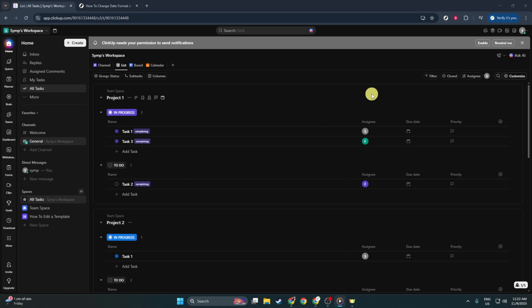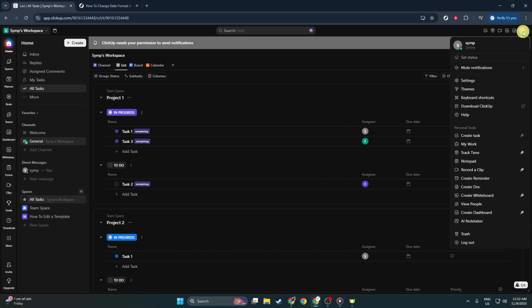Once you've logged in, direct your attention to the top right corner of your screen. You'll see your profile icon. Give it a click. This icon is usually represented by either your initials or a picture, depending on how you've set it up. It serves as a gateway to your personal settings and preferences within ClickUp,